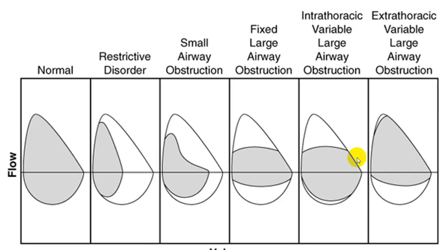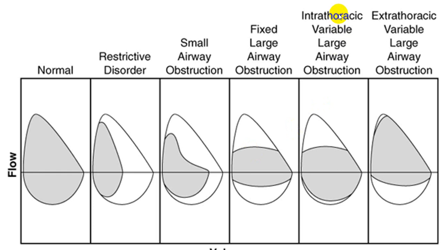And then you have to look at this: this is normal, this is restrictive, this is obstructive, very clear. And you look at the inspiratory loops. The inspiratory loop in restrictive will be, volume will be reduced. This volume will be reduced but not markedly reduced in small airway obstruction. Now if there is a large airway obstruction, see, both are reduced. This curve is reduced, and this is also coming down.